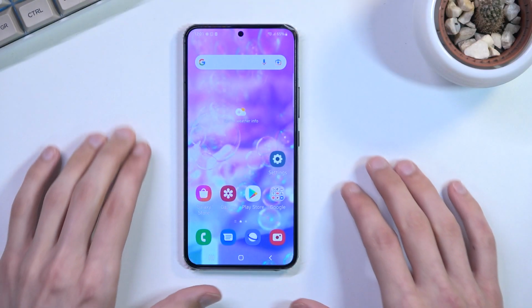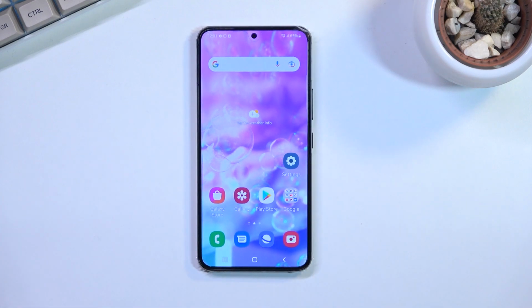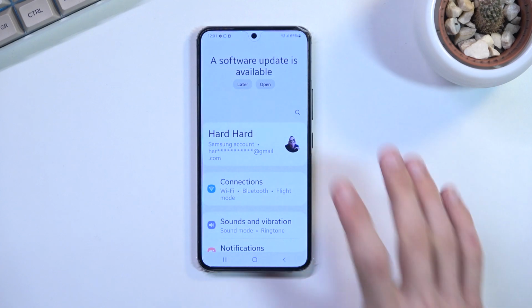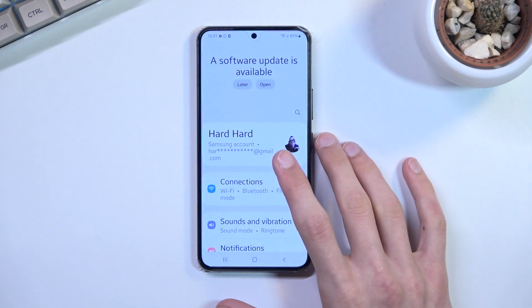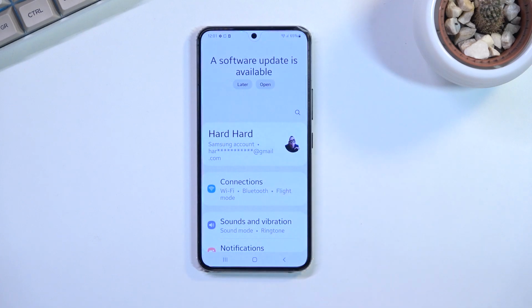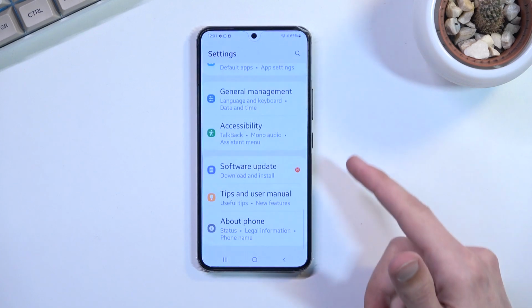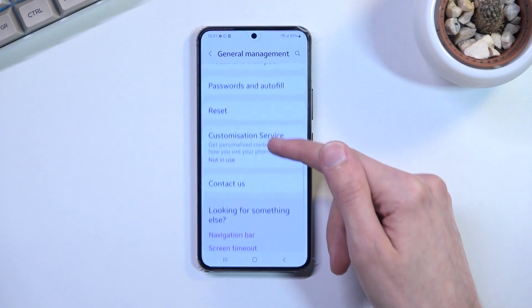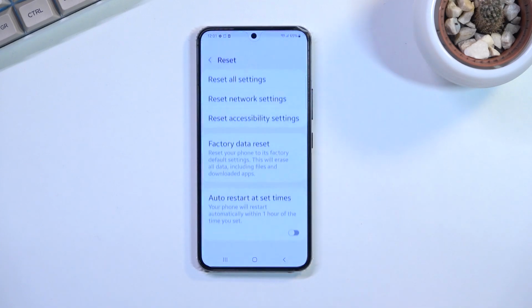In front of me is a Samsung Galaxy S22, and today I will show you how you can hard reset the device through settings. So to get started, obviously you will want to open up your settings. From here, you can right away see that I am logged into a Samsung account, which will matter throughout the process, just because once we navigate down to General Management and then into Reset, where the option is located, as